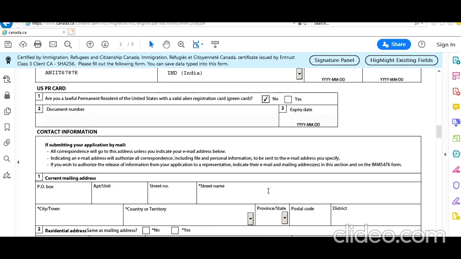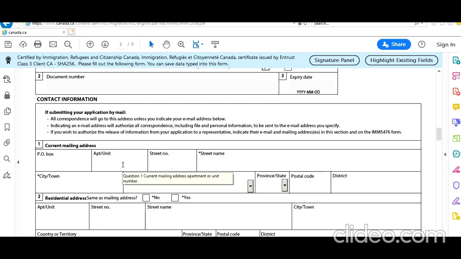No. Contact information: let's say he's living at 1 New Delhi Street, Town: New Delhi, Country: India, Postal Code, District: Delhi, just sample values.